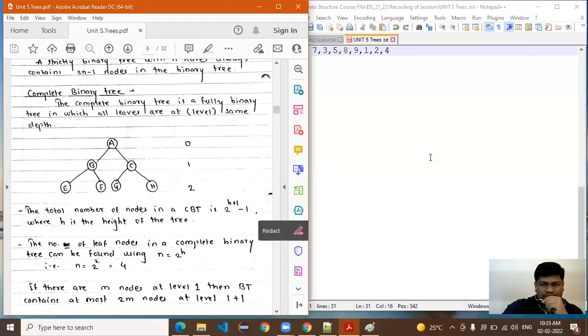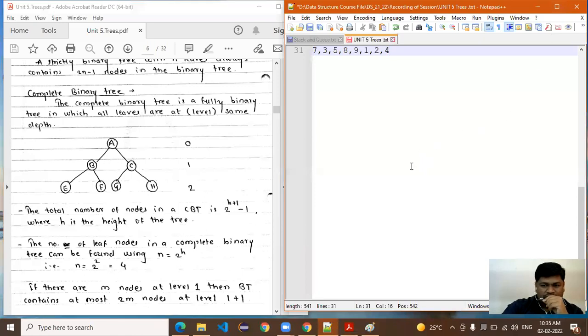From the next session onwards, we'll start the next unit, that is multi-way search tree, multi-way tree. In that we will discuss what is meant by B tree and B plus tree. This part we will discuss in the next session. Now we will take a break here, and you have to complete the task within 1 hour. For that purpose, you can refer to these notes, which I will share on the group.